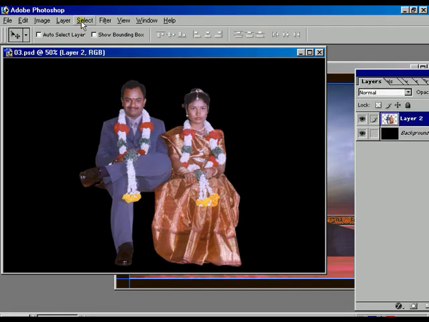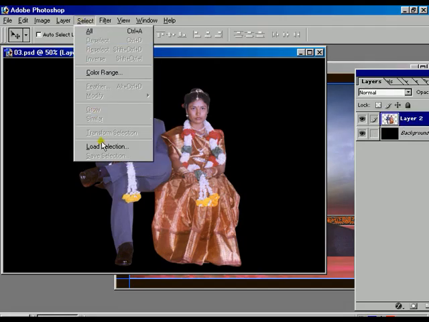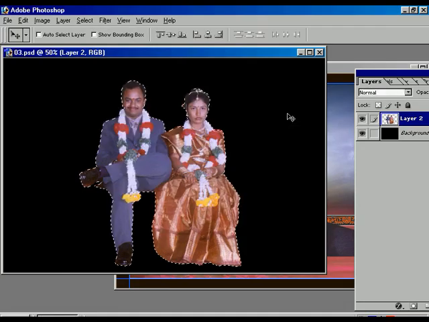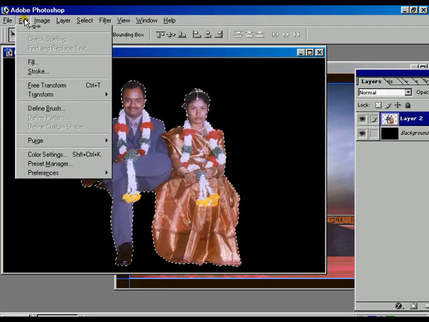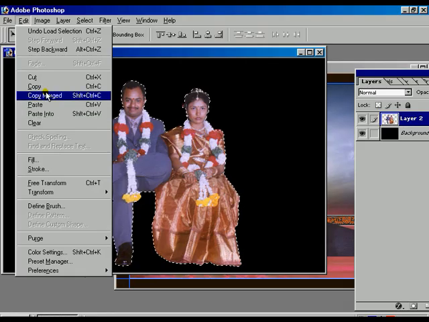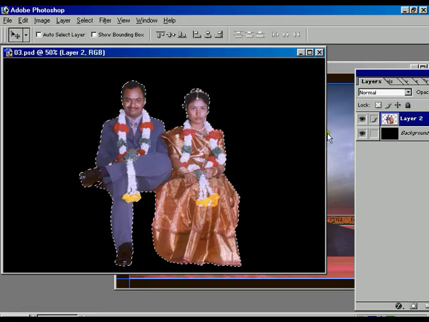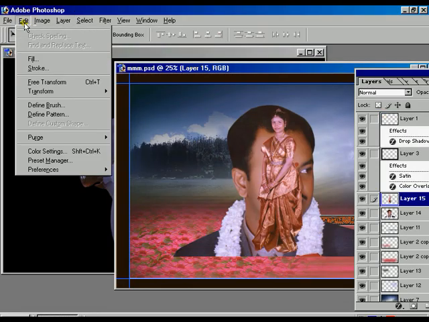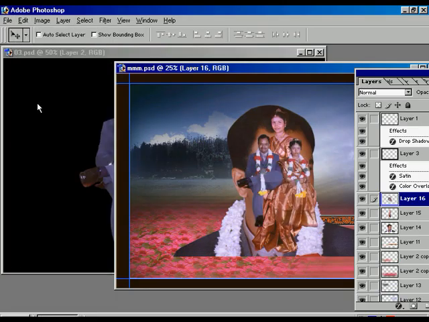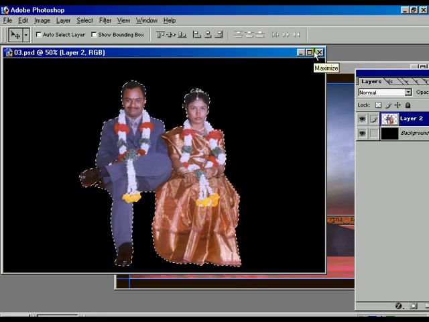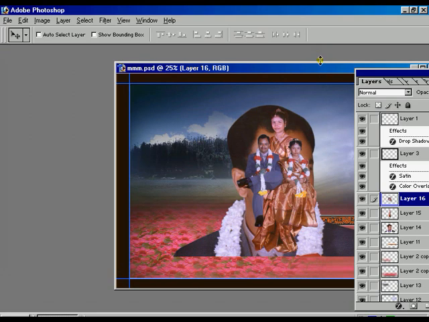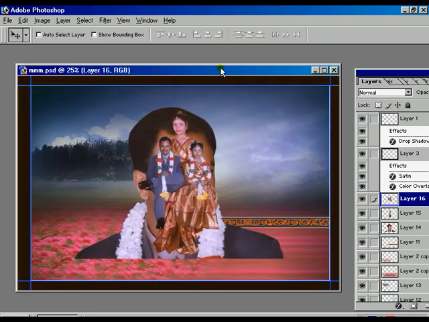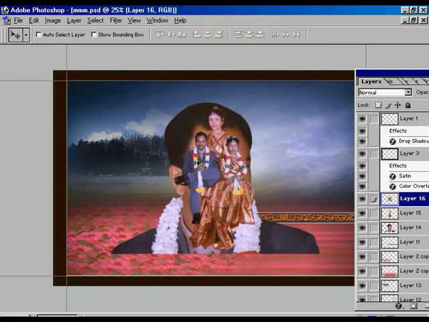Select the layer 2, select load selection, press OK. The selection is appearing on the screen. Go to the edit option, copy, select the background picture and paste it. Close all the individual images. Now we are working with the image which we considered as a background and merged